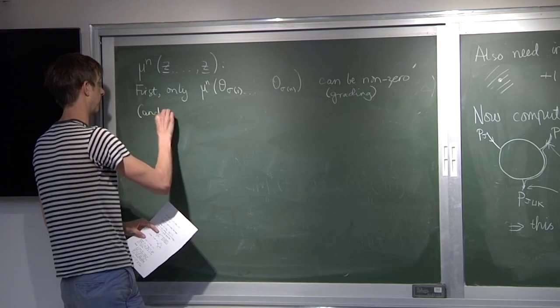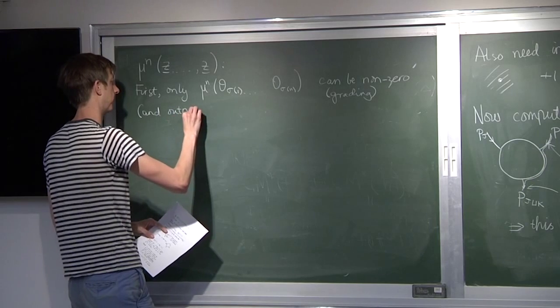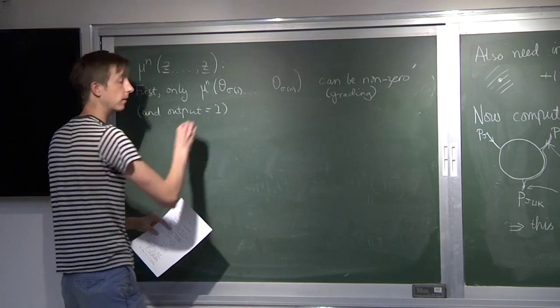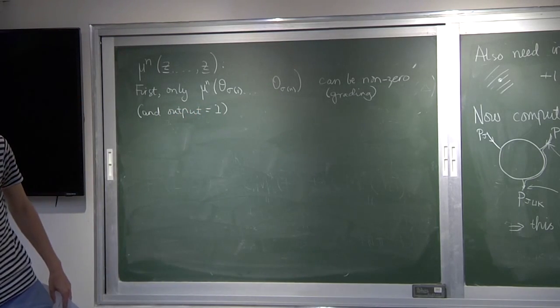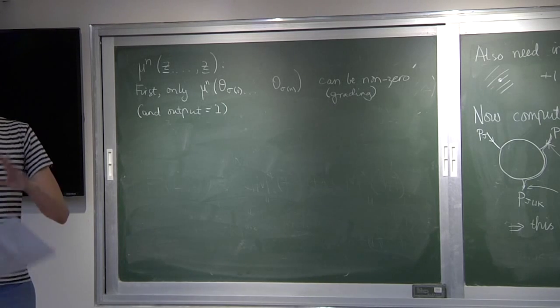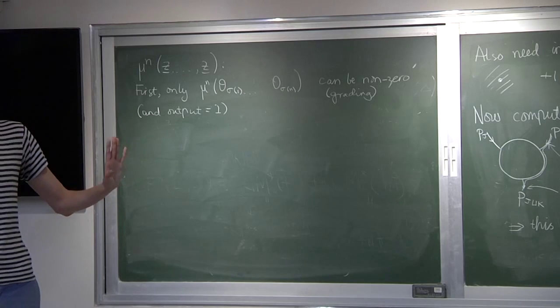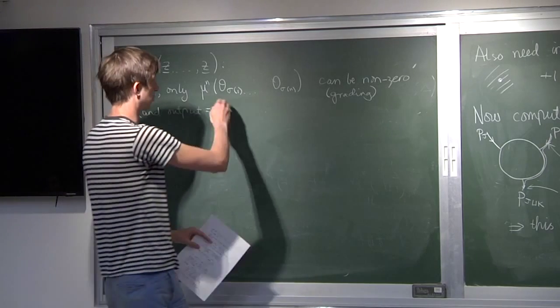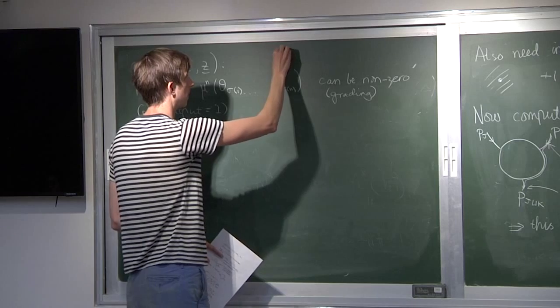And the output has to be the identity. If you try to draw the trees that contribute and label the boundaries, you just run into combinatorics. So even before you start talking about trees, there is this grading in